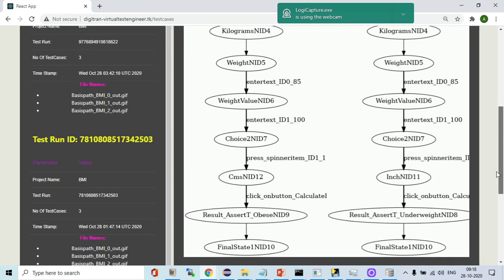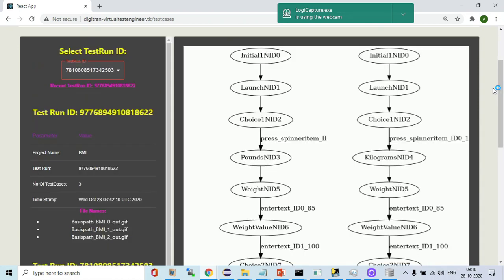Once 85 is entered, then 100 is entered, then the next spinner item is clicked. Then that is centimeter selection, once it is done, then the calculate button is clicked, then the final state is reached. So this is the flow of one test case.